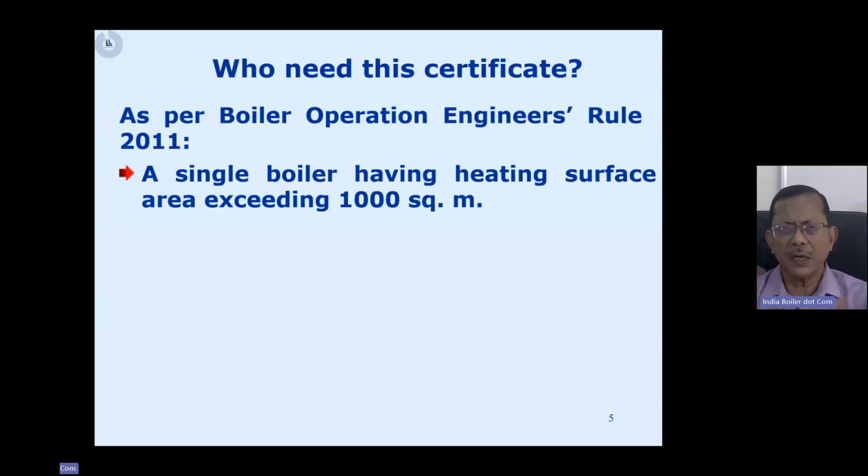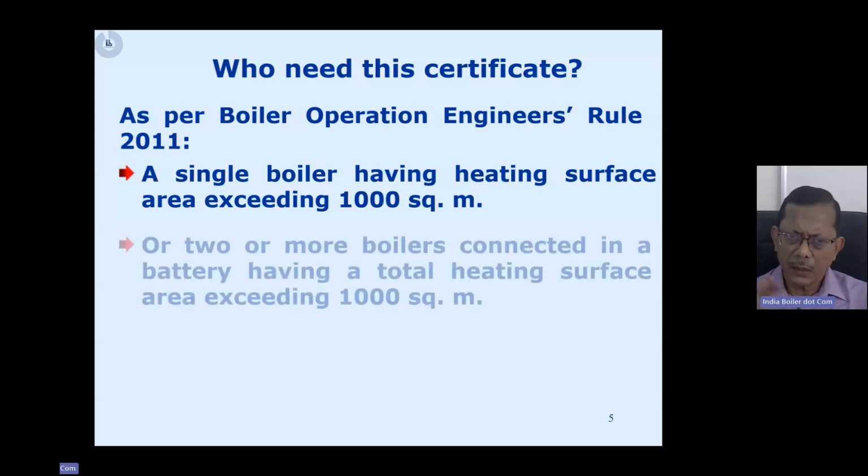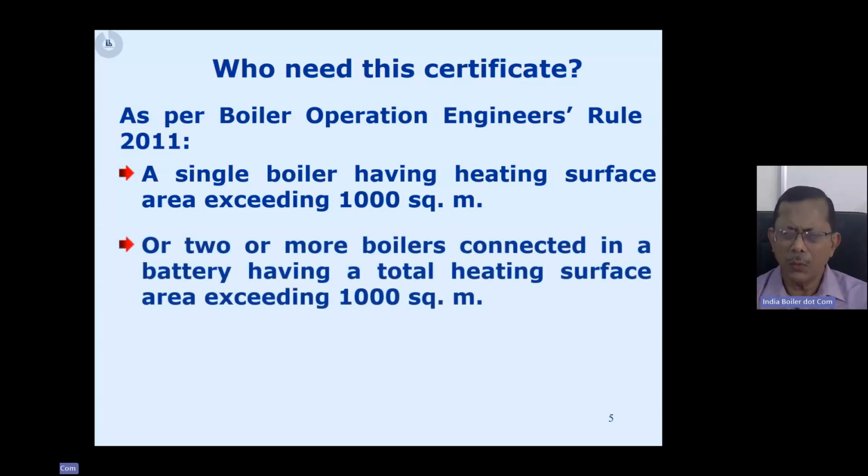So that means that in every shift, you must have a BOE certified engineer to take charge of that boiler operation if the heating surface area is exceeding 1000 square meter. But if you do not have a single boiler exceeding 1000 square meter, but you have several other boilers, say 2 or more boilers, which are connected in battery operation, and the total aggregate heating surface area is exceeding 1000 square meter. Now, when I say battery